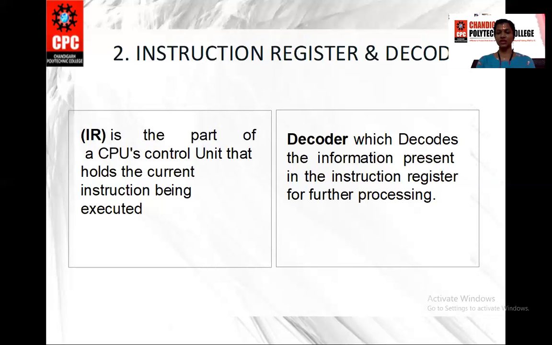The decoder tells you about the instruction: what to perform, when to perform, and what kind of data you are going to use in that instruction. That is what the decoder tells you after decoding the instruction from the instruction register, right? The instruction register, you can write it as IR. It is used to store the instruction that you are going to perform. And the decoder decodes the instruction from the instruction register. That means it tells you about the instruction, what to perform, and on what data to perform, right?